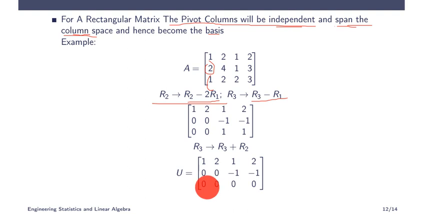Now we will do the next step. So we got a first pivot here, so this is the pivot we have. The next, we don't have a pivot here, so this moves on. The next pivot is here, so this is an echelon form.